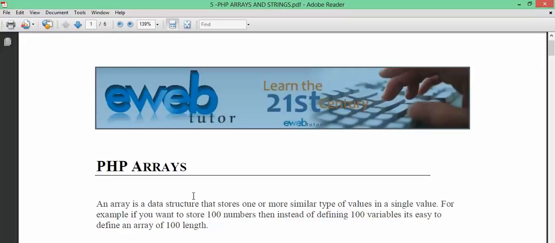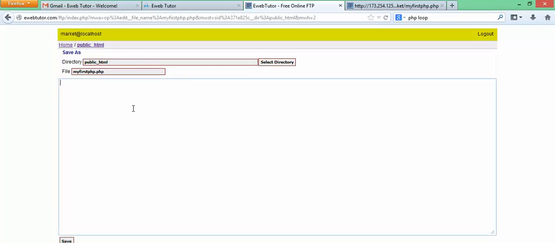So this section is just talking about PHP arrays and strings. An array is a better structure that stores one or more similar types of values in a single variable. For example, if you want to store 100 numbers, then instead of defining 100 variables, it is easy to define an array of 100 lengths. What we are trying to talk about is, normally in PHP, when you want to store 100 numbers,